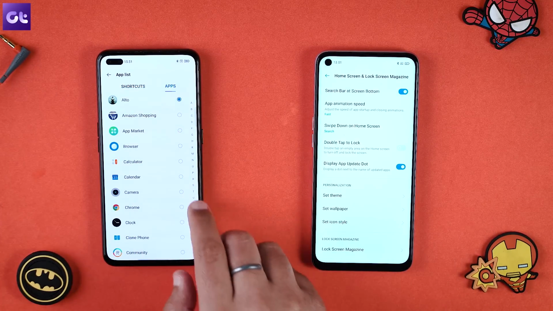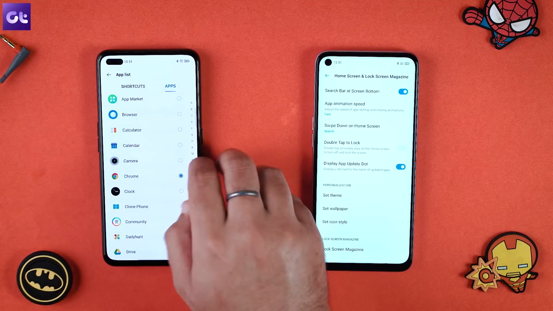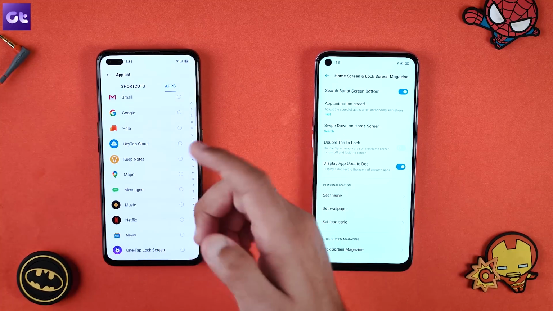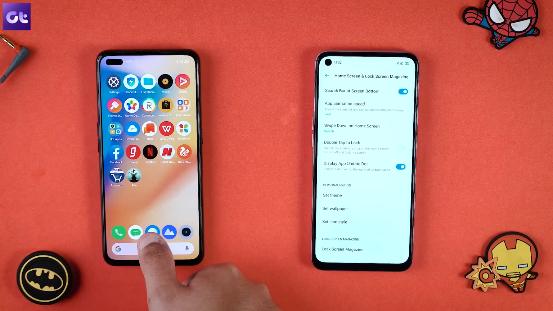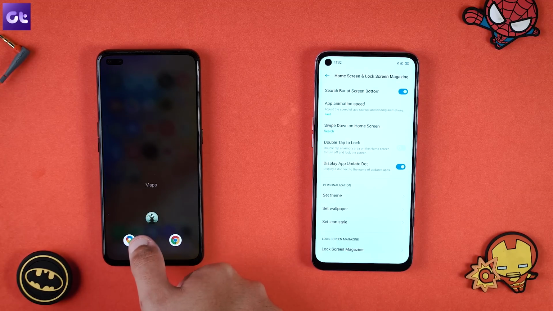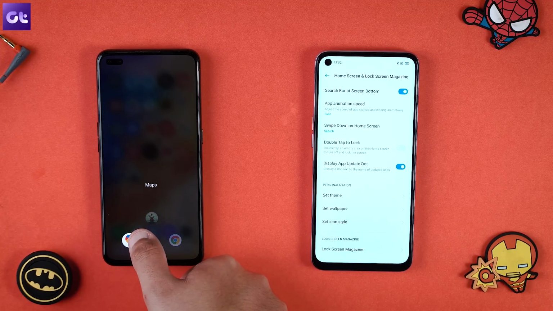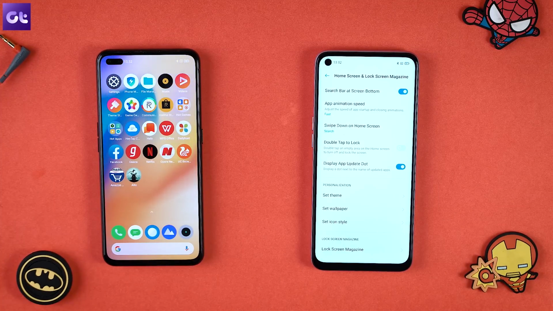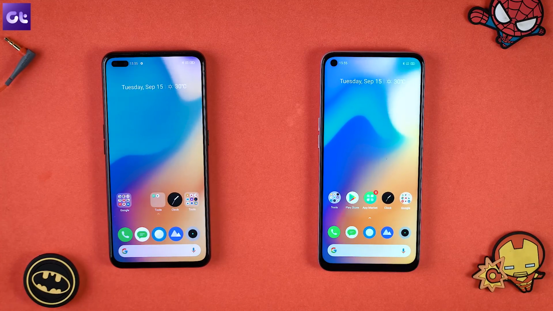So for instance, I added Aldo here, and then here I'll just add Chrome, and then on this side let's just add Maps, because why not? And yeah, okay, so the way to use it is when the phone is locked, just tap and hold the finger, and then here you have the quick launch menus. So you can easily drag your finger and quickly launch Maps, Chrome, or Aldo, or basically whichever app you pre-configured it to launch.